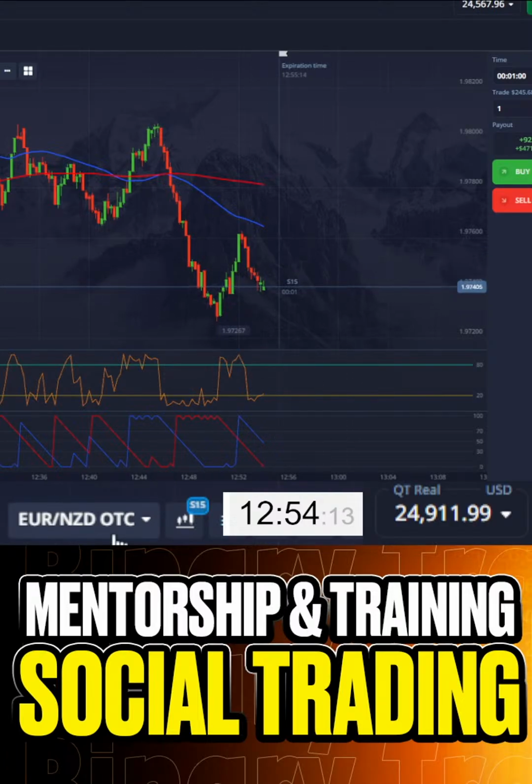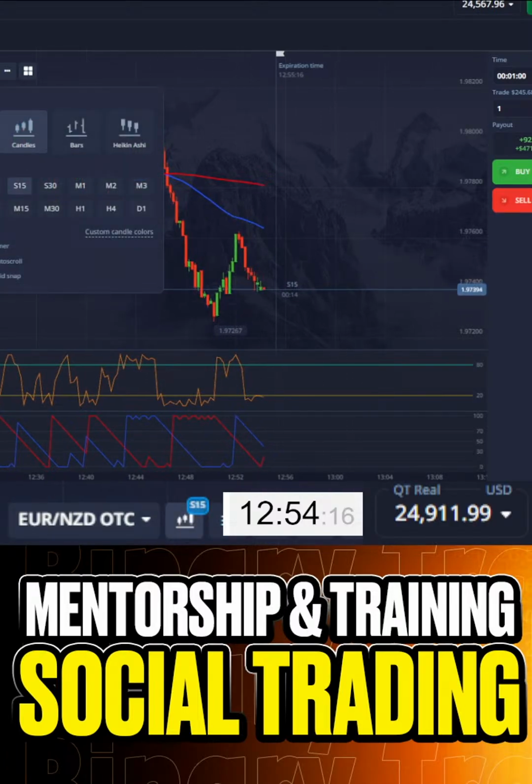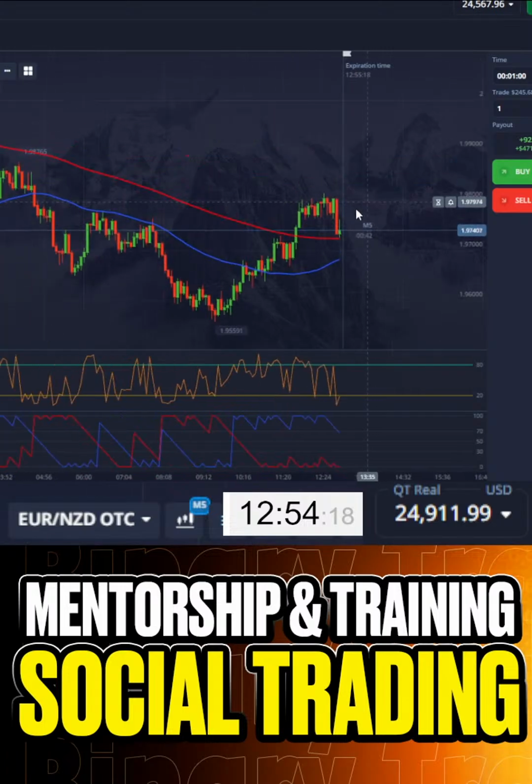Also, I like the situation, but this is S15. We don't need to make a decision here, but this is a very good opportunity and I want to give it a try with the buy. Why so? Because we have an upward trend, here we have a correction, and right now we have a struggle, and I think that the price will go up. We'll see it in 45 seconds, but I want to tell you why I did this.